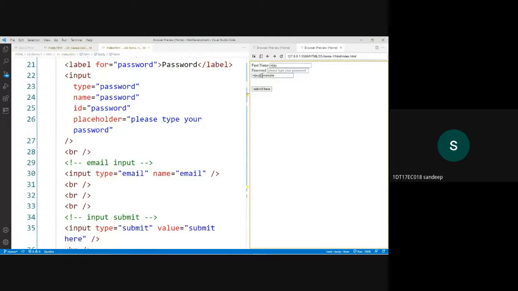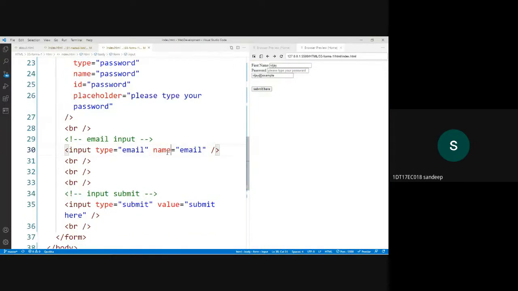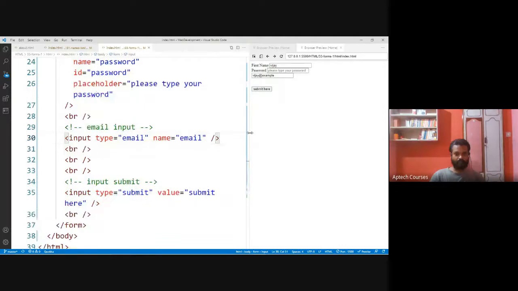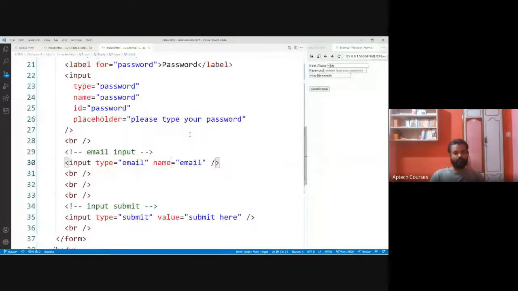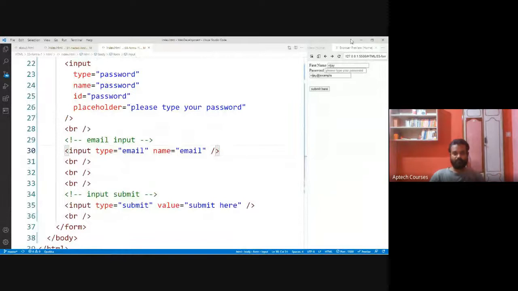Sir, what is the use of name? Where is that name? Name is equal to email. Yeah. So this one, as I said, in servlets and JSPs, we'll be using to get the input values. In case of servlet we have one method called getParameterValues, to get the parameter values.